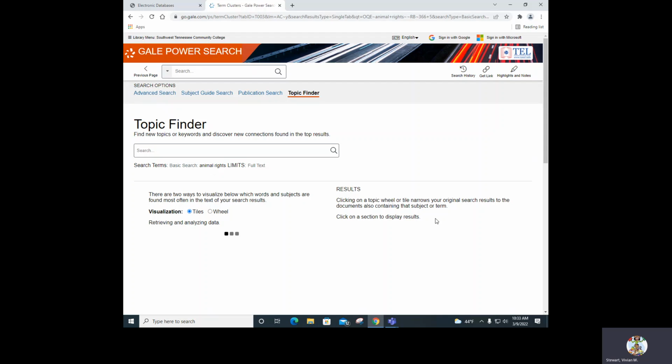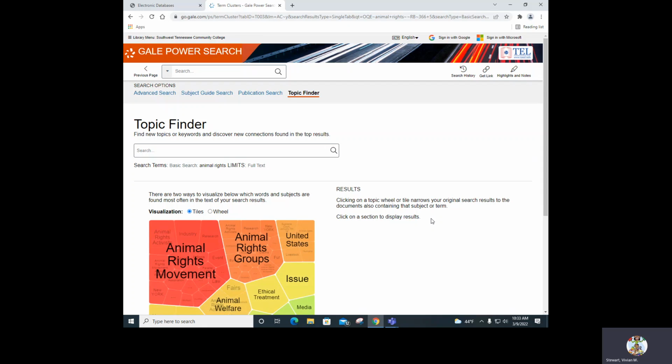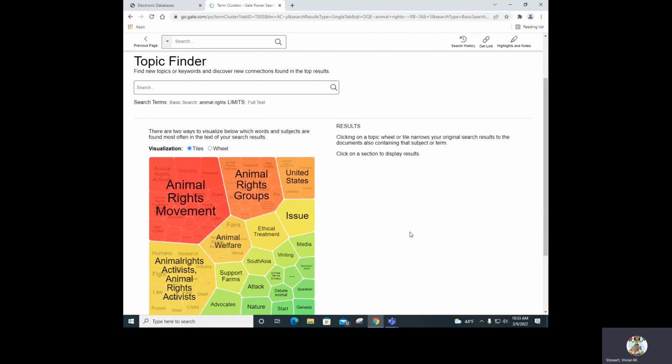What is happening now is that it will take my topic of animal rights and start showing me the different ways that I can see relationships between this or different things that break off from it. Now, in this database, when it comes to visualization, we have the towel and we have the wheel, and we're going to look at both of them.